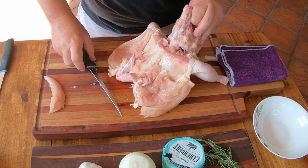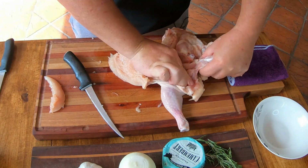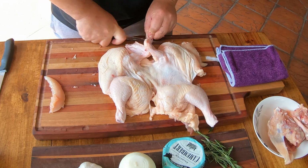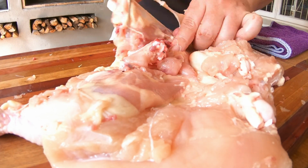You can see I'm just pushing away the carcass here, and all you need to do is just remove all the bones from the meat. So you want to cut around each bone and just make sure that you remove the bone with as little